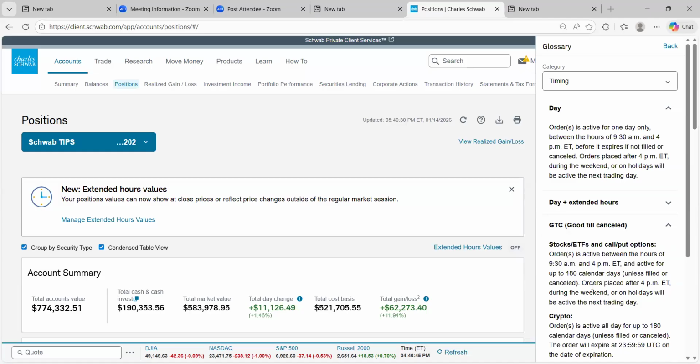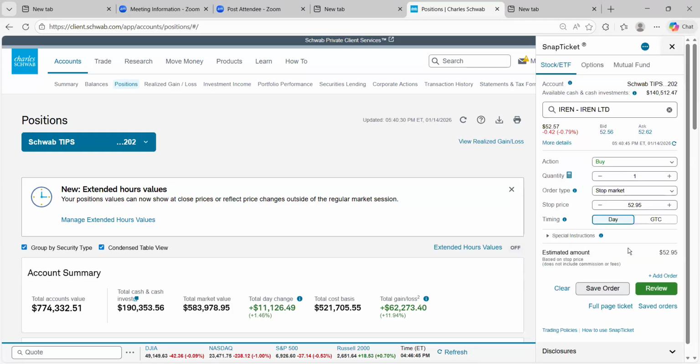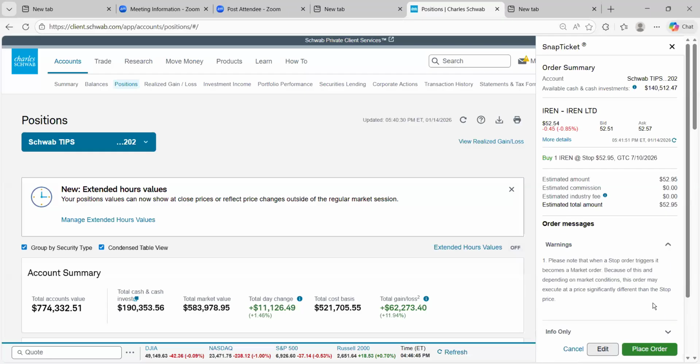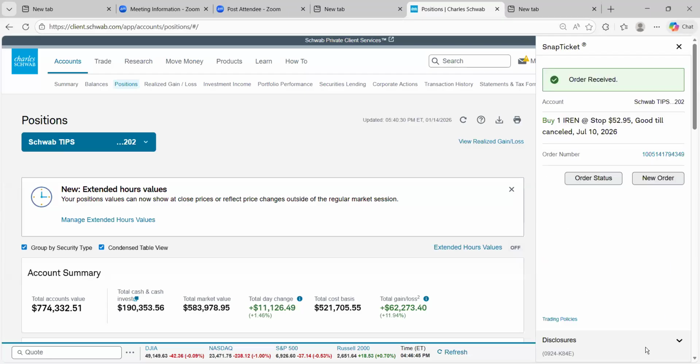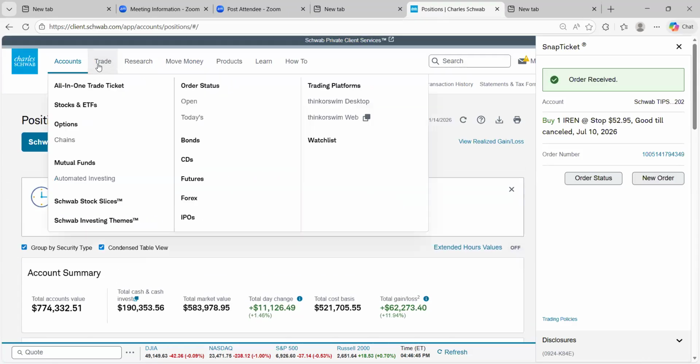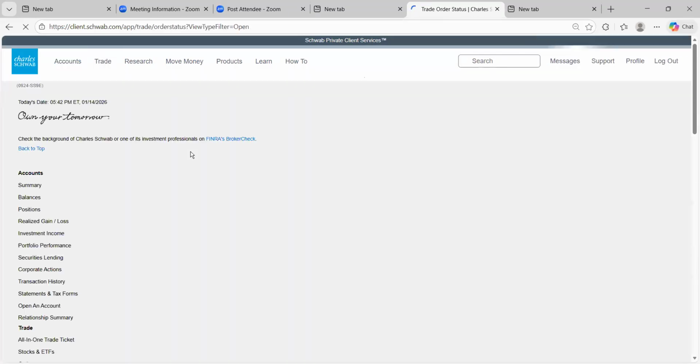They're active in here, and so on. So I get back over there. So I'm going to buy one share, and when it hits 52.95, it's going to be a market order. And we'll see over here. You would place that, review it, and then go ahead and say place it. And then that would show up on the trade, open,